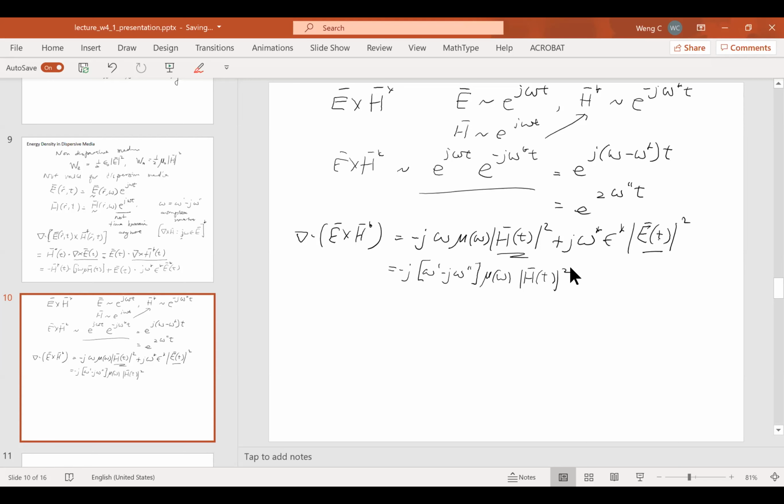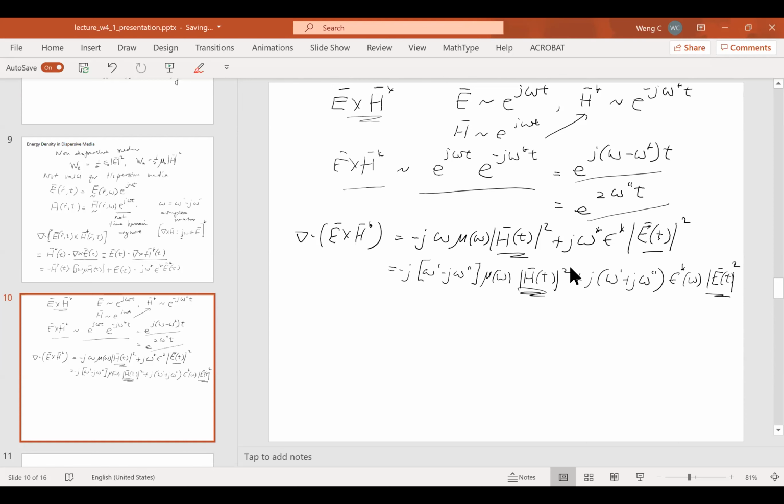And then the second term will be j omega prime plus j omega double prime because of the complex conjugation. And then epsilon star of omega E of t squared, okay? With the emphasis that these are not constants anymore because of this behavior, because the time dependence does not cancel,